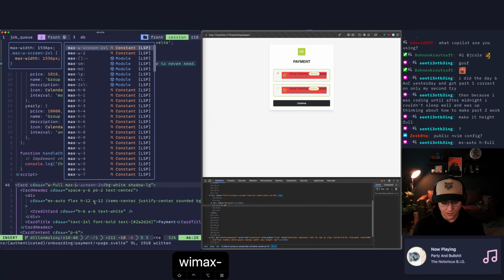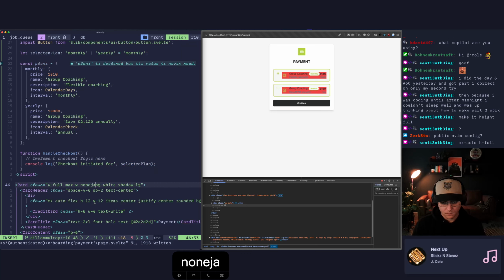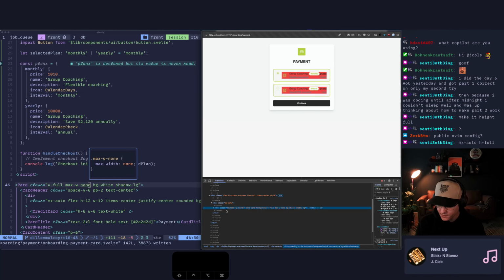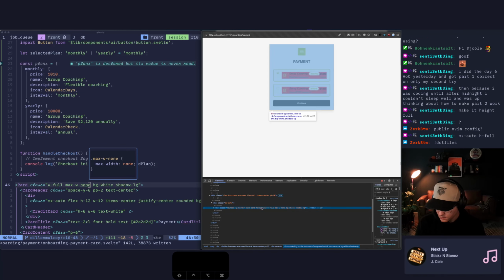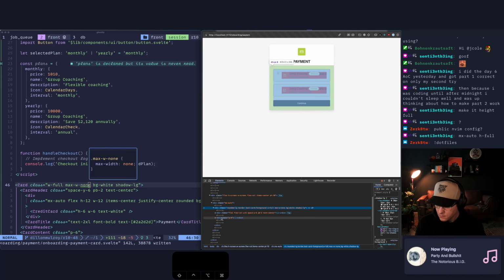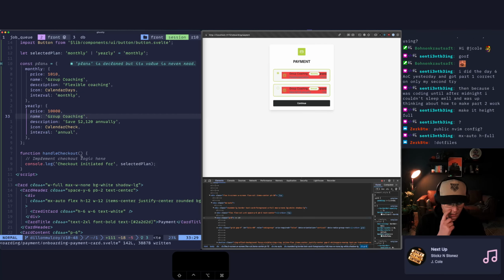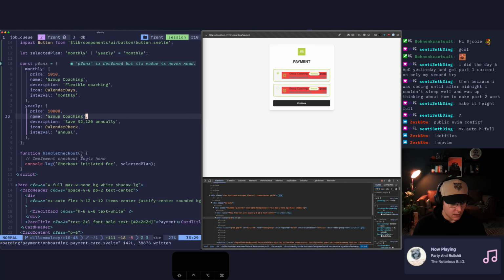Oh, it's probably by the card itself, I bet. One of these still has a max width on it. Max width none. I guess we can probably go in here and